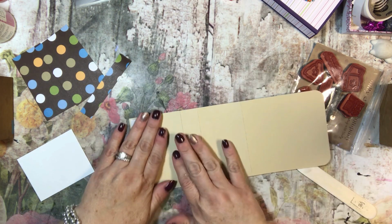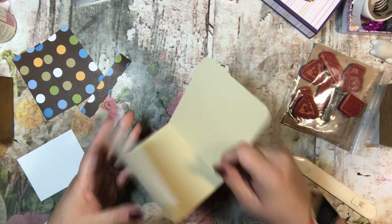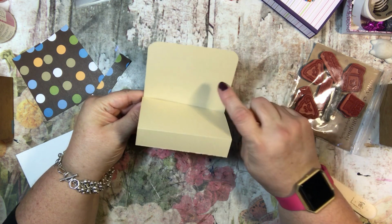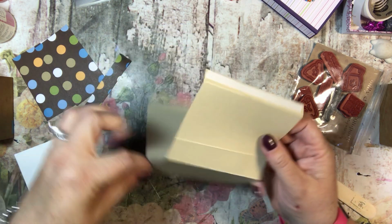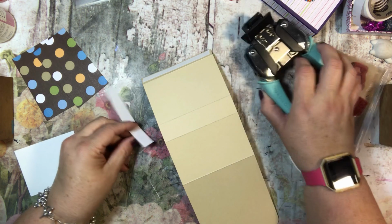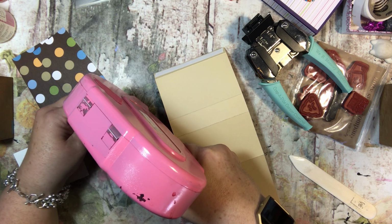So I want to put my paper on this and this, and then the back, because I want it to show when I have it folded. I want paper to be here, here, and here. So I'm just going to open it up because I can remember where that is, but if you have problems, just refold it and see where you want it. And I'm going to take just regular adhesive,